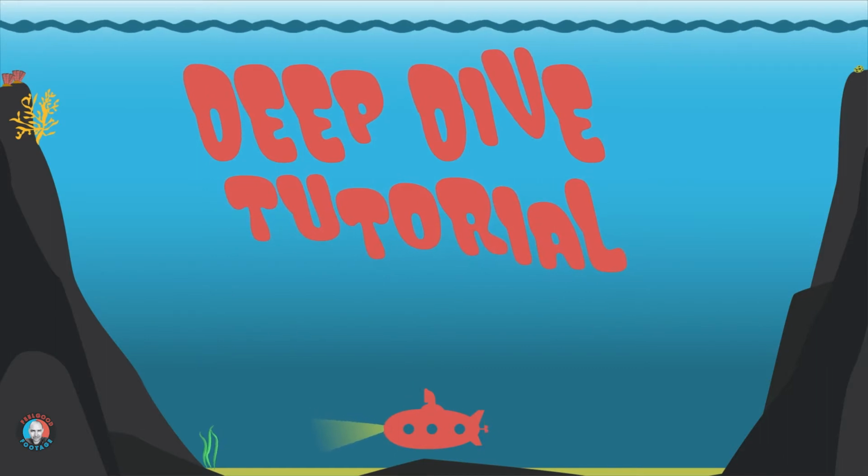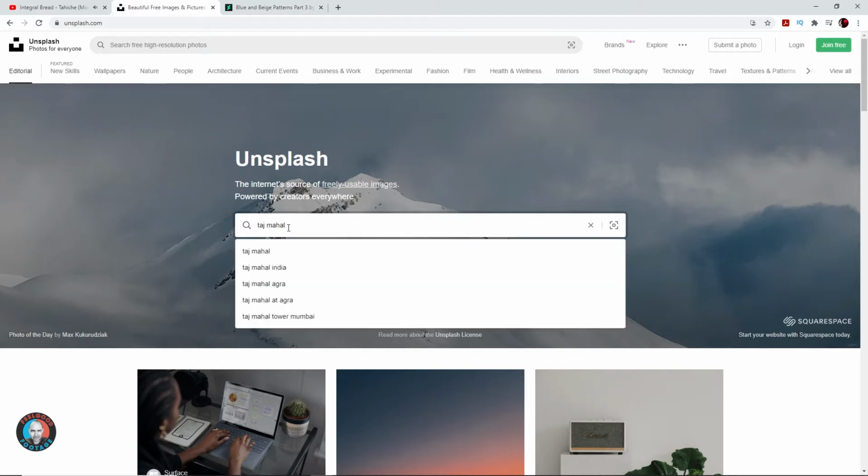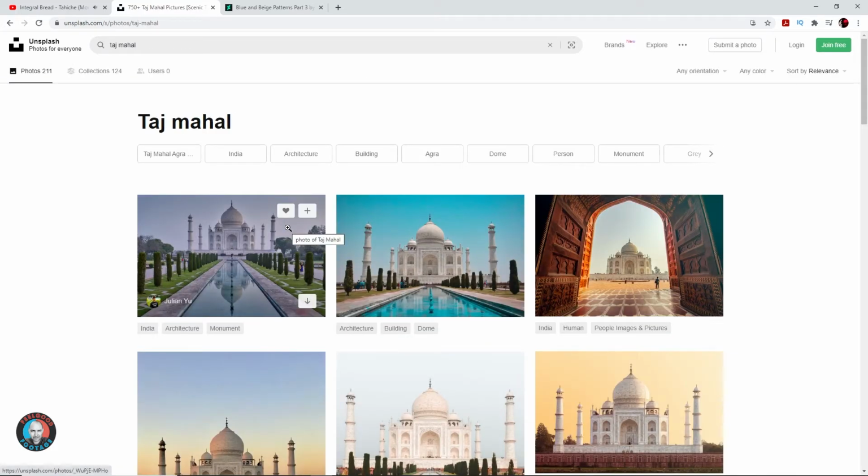tutorial will prove useful. To start, I want a reference image that I'm going to draw over. I like this site, unsplash.com, which is full of free to use pictures donated by generous image makers from across the world. I've been lucky enough to travel to India twice for work, and it's a fascinating place. Never visited the Taj Mahal, but I am preparing a little animation project where I'll need some global landmarks, so this could be the first of those.